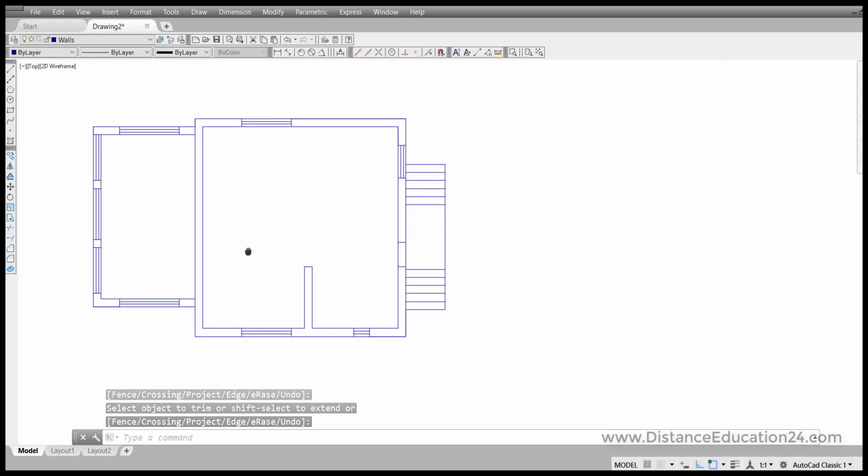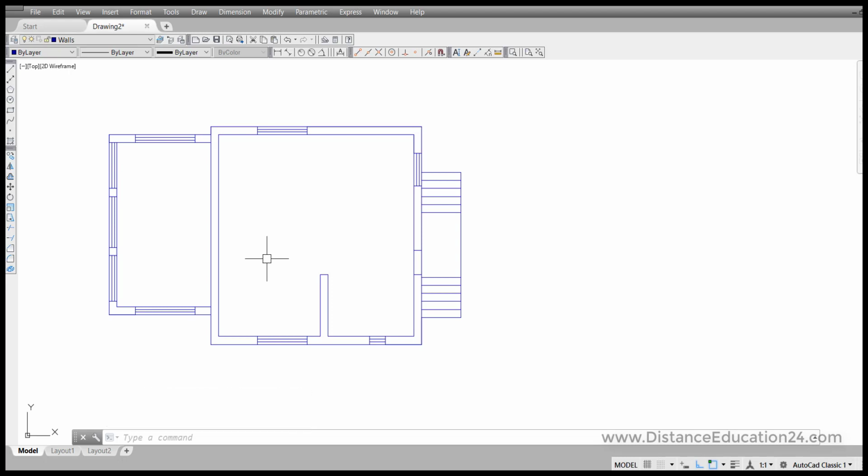That's all. And the simple way to put our dimensions on is to take dimensions,